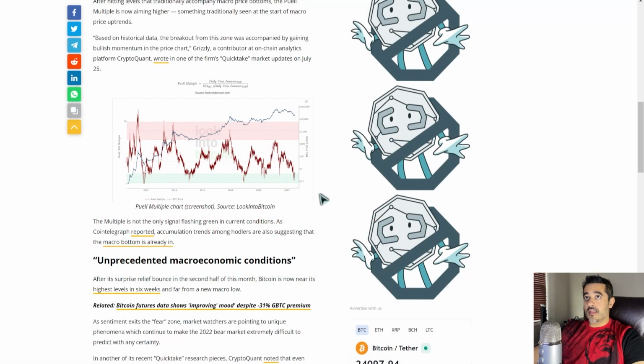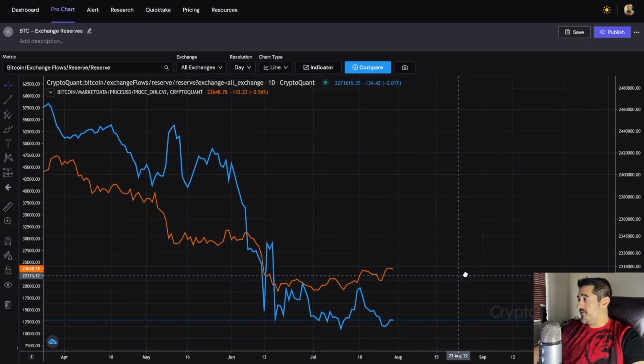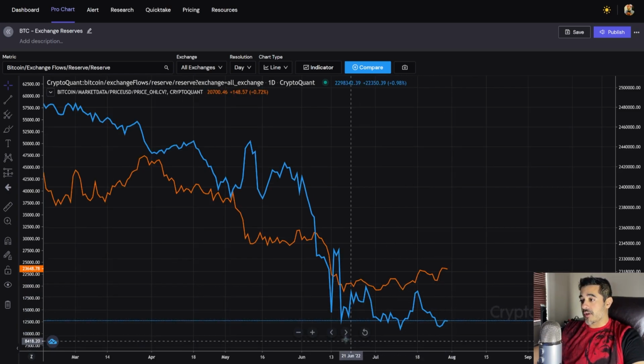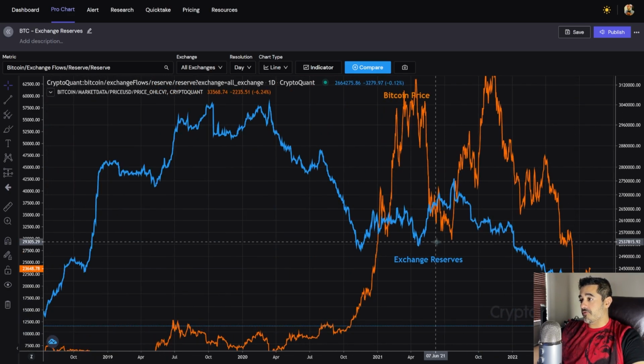Let's go ahead and move on. Let's look at the exchange reserves. So the exchange reserves now are down to a very, very low amount. They have gone down to these market lows that we've seen over the last couple of months. So we're going to keep looking at this, but if the exchange reserves drop even further from here, it's going